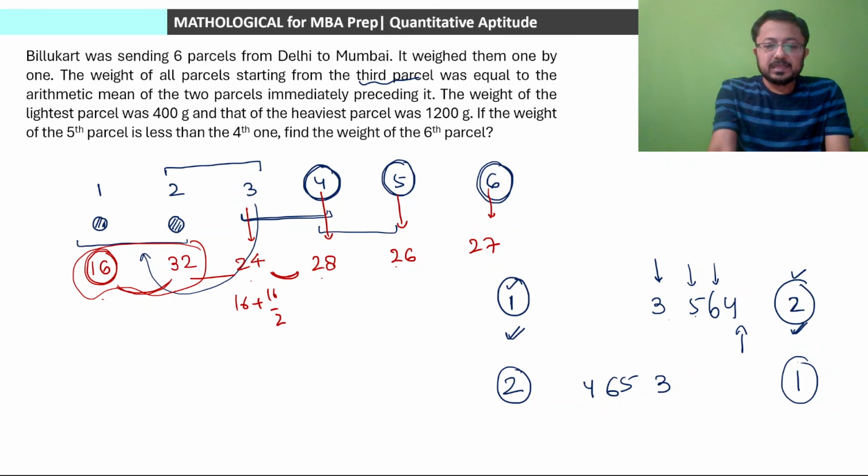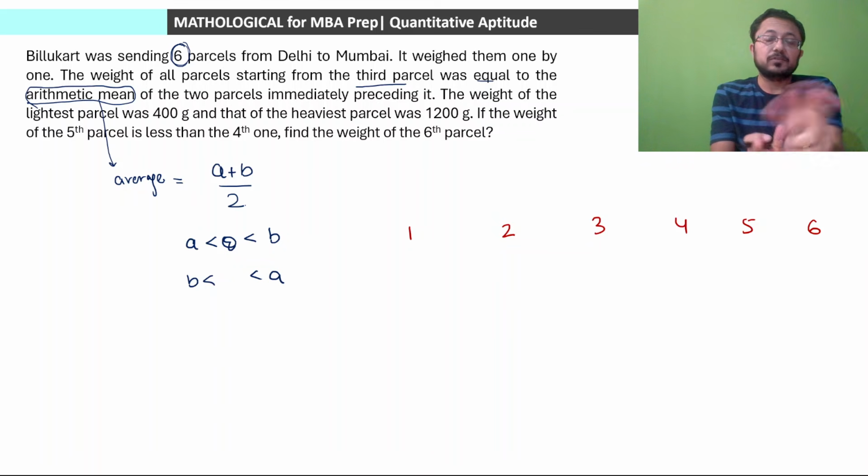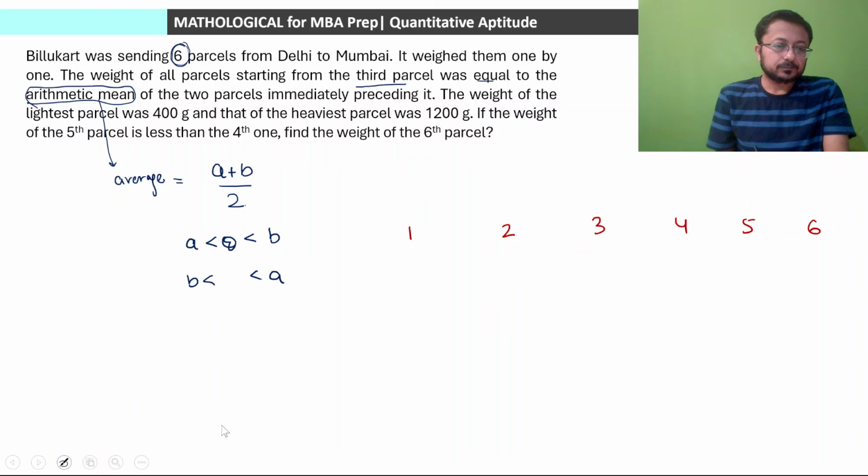क्या ये क्लियर है? अब स्ट्रेट अवे अपना क्वेश्चन सॉल्व करते हैं. क्वेश्चन में हमें 6 वैल्यूज 6 पार्सल्स के लिए गिवन क्या है? हमें गिवन है दैट फर्स्ट पार्सल लाइटेस्ट पार्सल का वेट है 400 ग्राम्स एंड हैवीएस्ट पार्सल का वेट है 1200 ग्राम्स. अब हमें ये नहीं पता कि फर्स्ट वाला लाइटेस्ट होगा या सेकंड वाला लाइटेस्ट होगा, तो दोनों केसेस को लेके चलेंगे. पहला केस लेते हैं. फर्स्ट केस लेट अस से फर्स्ट वाला इज लाइटेस्ट 400 एंड सेकंड वाला इज हेवीएस्ट 1200 ग्राम्स. एंड सेकंड केस फर्स्ट वन इज हेवीएस्ट 1200, सेकंड वन लाइटेस्ट 400.